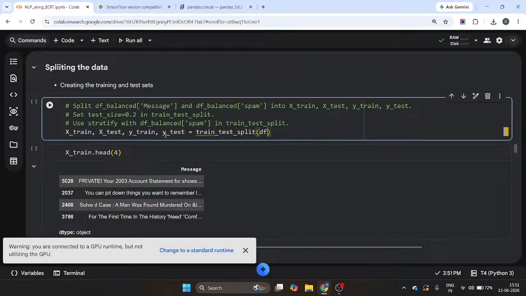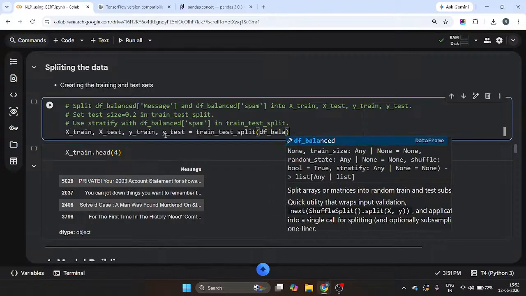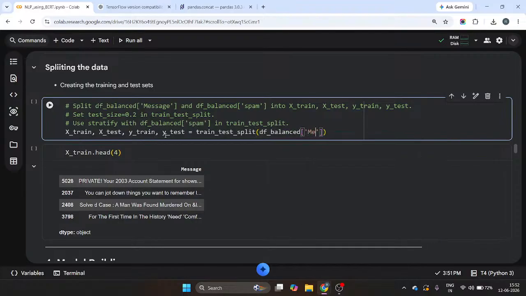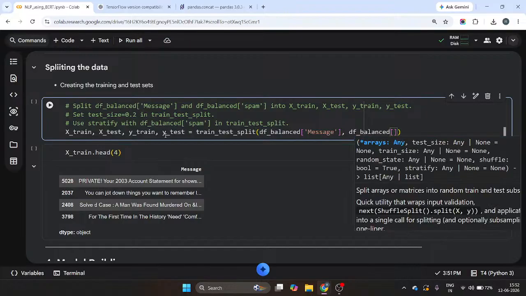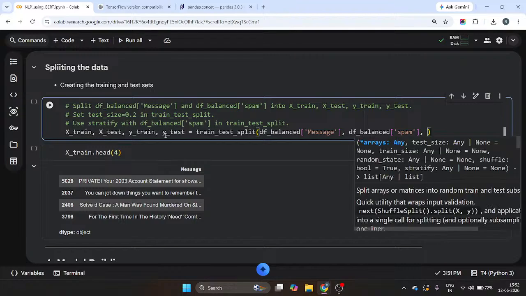Now X is df balance message, Y is df balance spam, test size would be 0.2, and